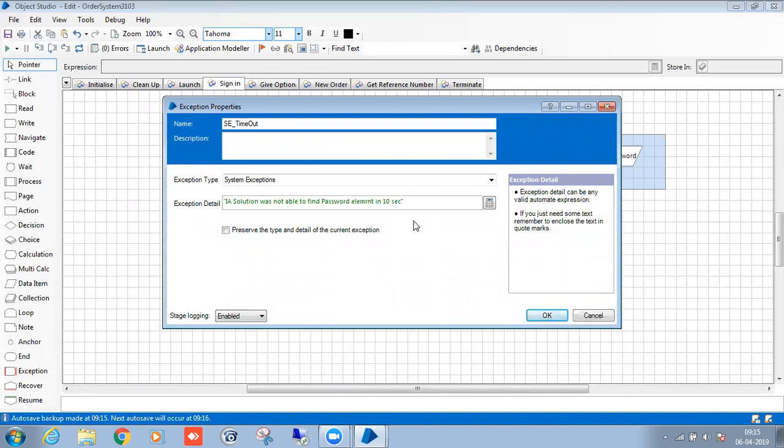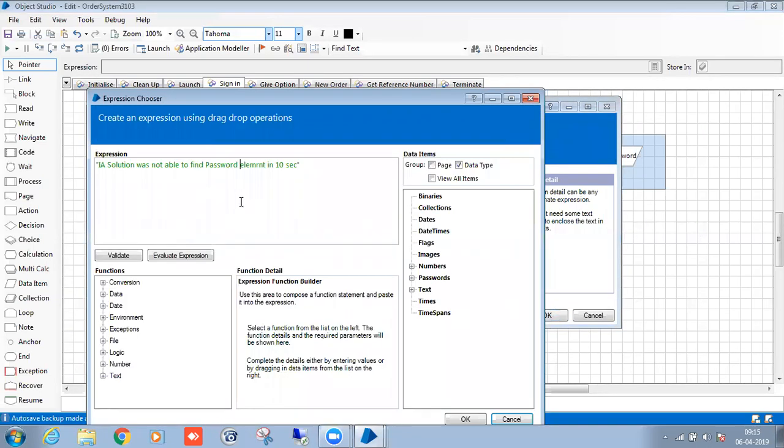Suppose, so what I will do, in between the 10 seconds I will pass the same data item. So whenever I get the exception, whatever the value is in there, that value will append to here. So what I will do here, double quotations, will take the data item directly.